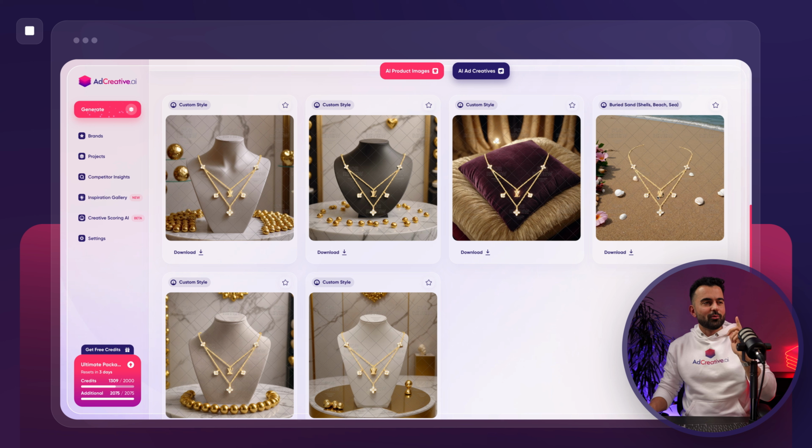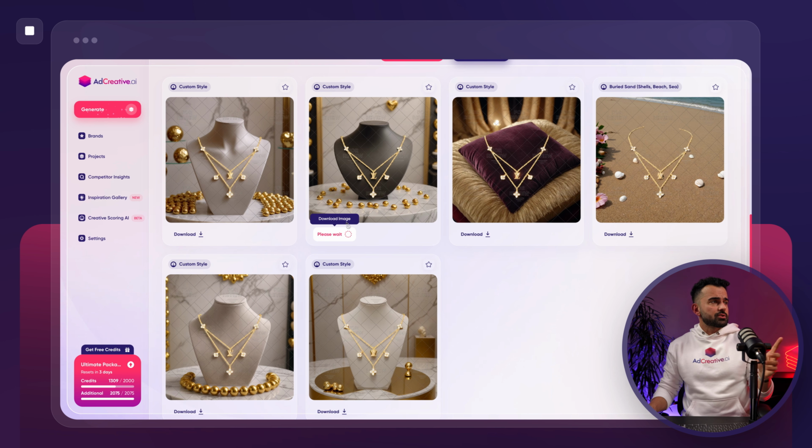And as you can see, in just a matter of seconds, AdCreative AI went ahead and generated 6 beautiful looking visuals. Each one of them is different and would work for different brands. And as you can see, the four custom that we wrote makes a lot of sense. One of them was written by AI and one of them was a preset. So let's go ahead and I want to show you